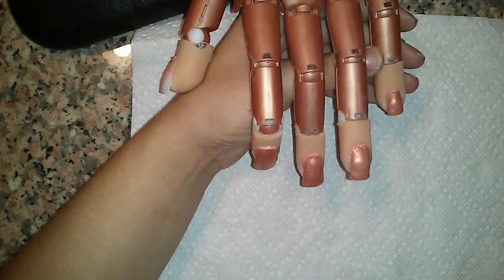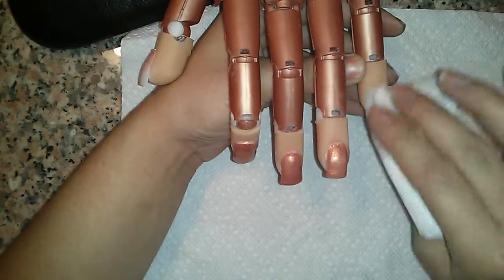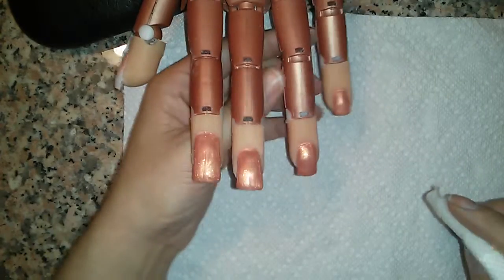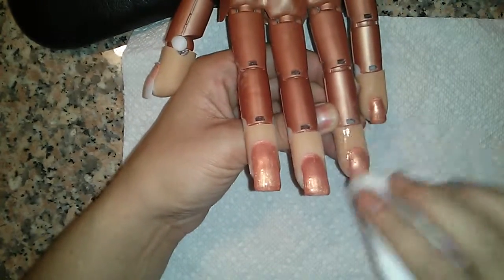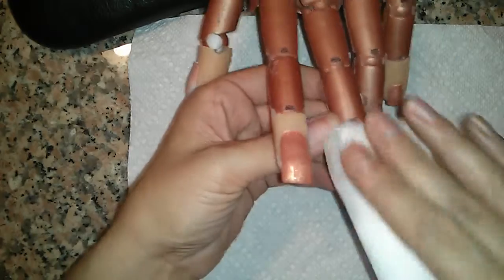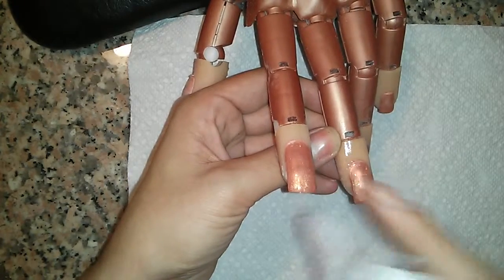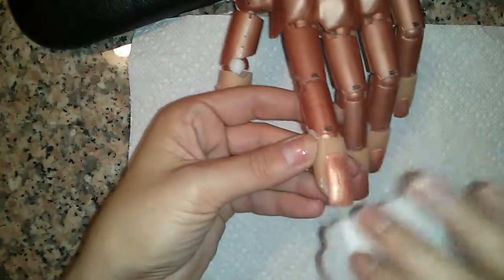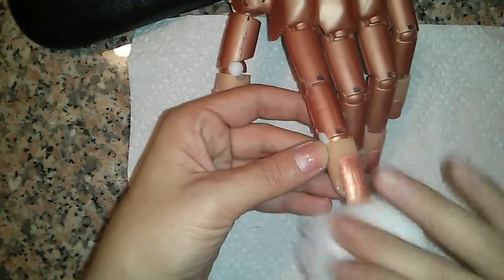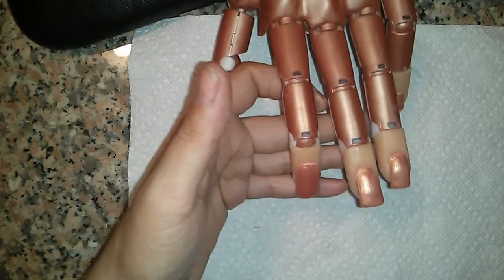Now you can go in and, I'm using Bounty paper towel and I just soaked it with alcohol. I'm just going to kind of dab on the nail, making sure that it slides off. Same with this one here. I'm going to go through your entire set of nails, making it so that they're nice and not sticky. Like this one's sticky, these aren't no more. Okay, now that my nails are clean and have no extra layer on them, I am going to inspect them